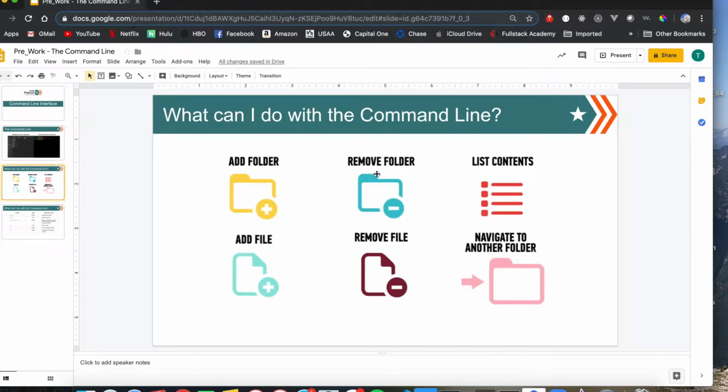So I'm able to add a folder, remove a folder. I can list the contents by doing ls. I can add a file by doing touch. I can remove a file and navigate to another folder. So let's add, we already added a folder with make directory. Let's make another